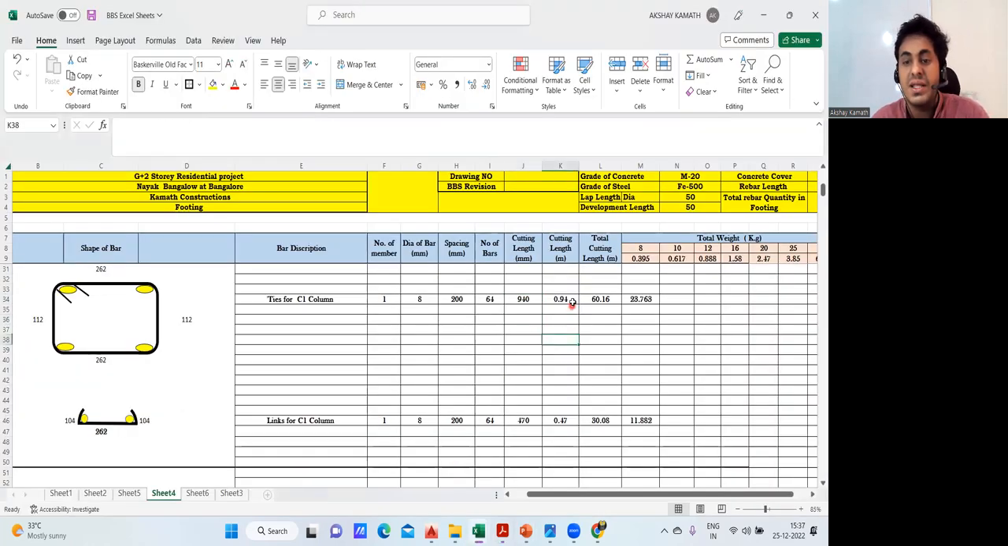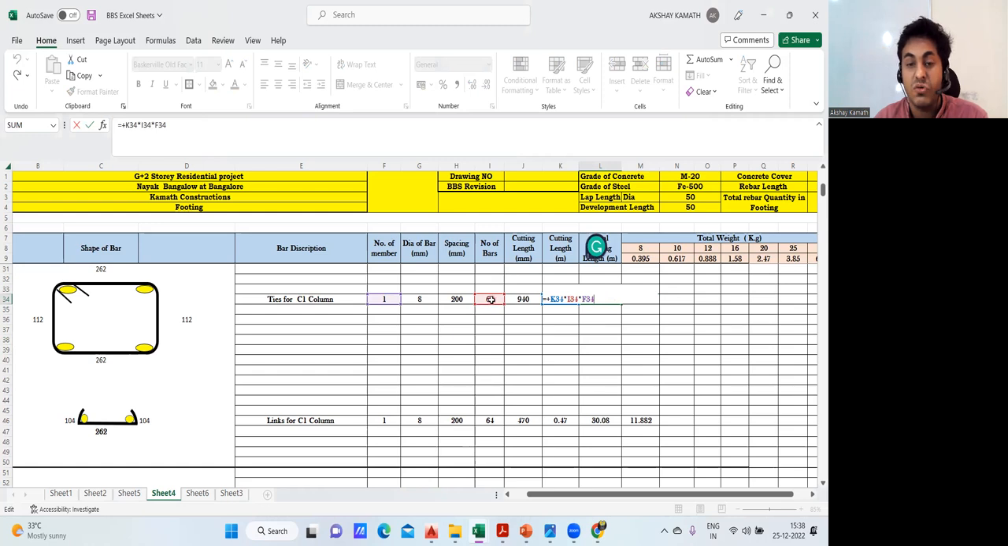Now, once this is done, next is finding the cutting length. This 940 is in mm. I want to find the cutting length in meters. Again, 940 divided by 1000 will give me 0.940 meter. Now total cutting length. So this 0.940 is the cutting length of one bar. How many such stirrups do I have? 64 stirrups I have. And how many such columns do I have? 1. Therefore, total cutting length will be how much? Exactly 0.94 multiplied by 64 multiplied by 1 will give me the total cutting length, which comes out to be